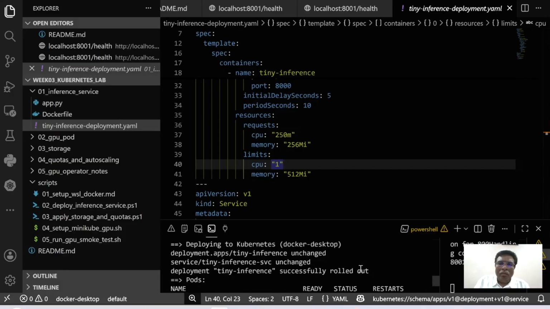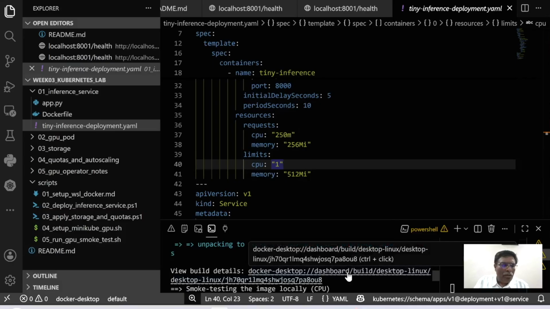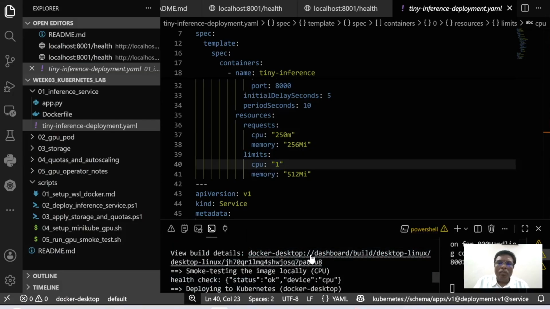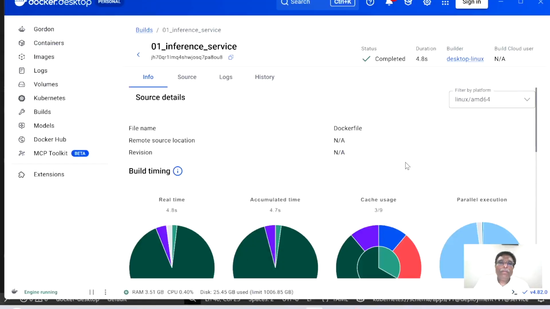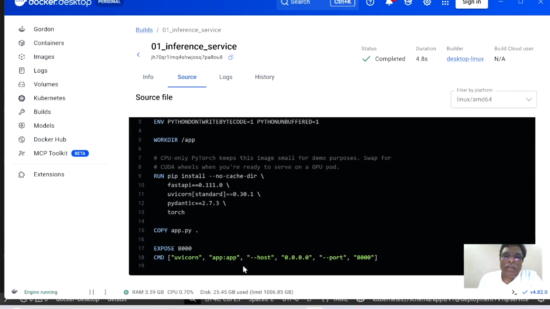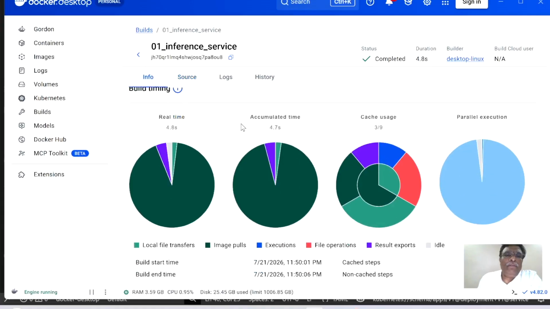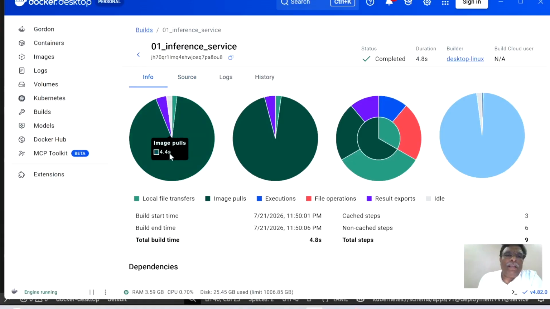Now if you go to the Docker Desktop and see the build here, for the inference service you can check the file name. It's a Dockerfile name. What are the sources here? What have you done? The port mapping here, and the info, if you see, local file transfers, the history,